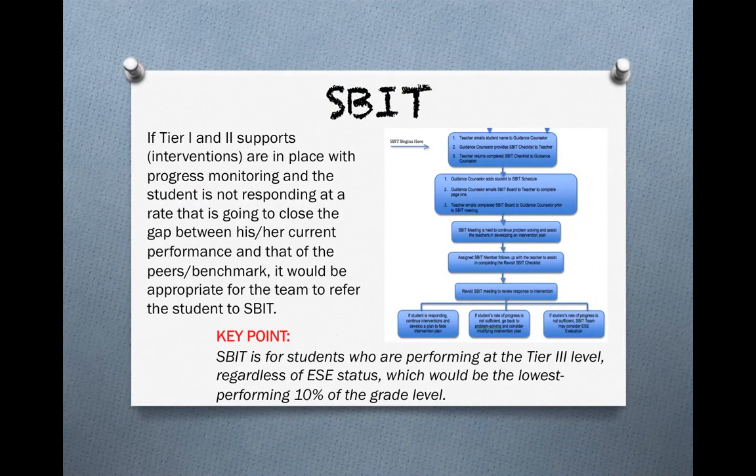Once all 4 steps of problem solving have occurred at the TBIT, the team has a decision to make. The team decides whether to continue monitoring the student at the TBIT level or to refer the student to SBIT. If the student's response to the Tier 2 intervention is not sufficient, the team may decide to pursue problem solving